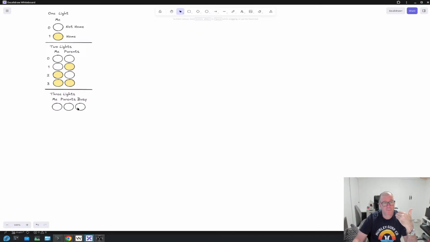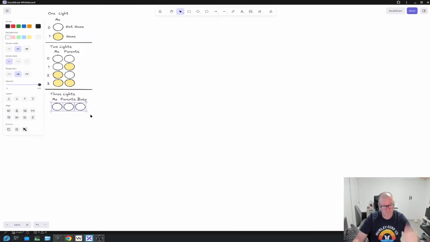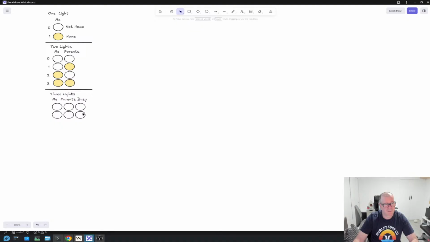Let's see how many options we do have. So the first one is all the 3 lights are off. The second one could be only the first light is on. Another option would be only the second light is on.